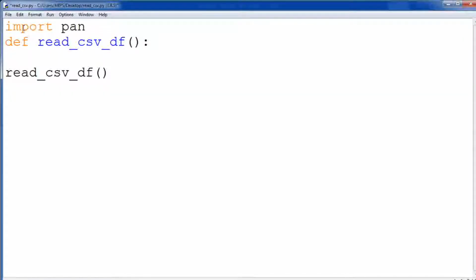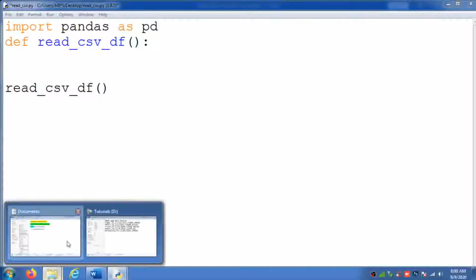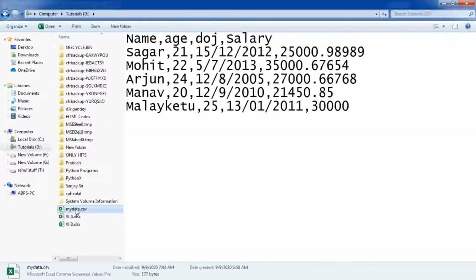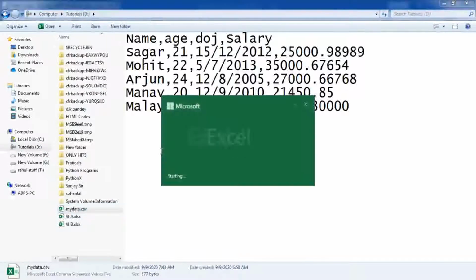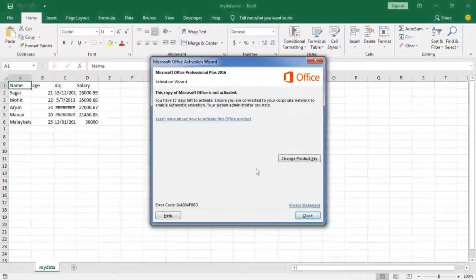The first statement we have to write is import pandas as pd. Now in this program I am going to use a particular file that I have already created. Let me show you where I created it. In the D drive I have created this one, mydata.csv. This file I want to read and store this data into a data frame.